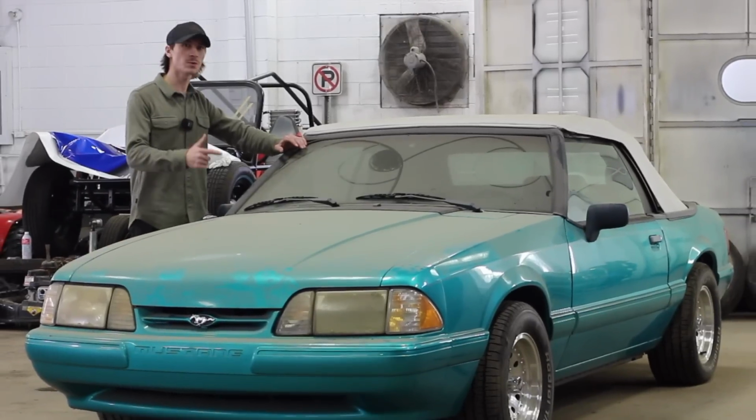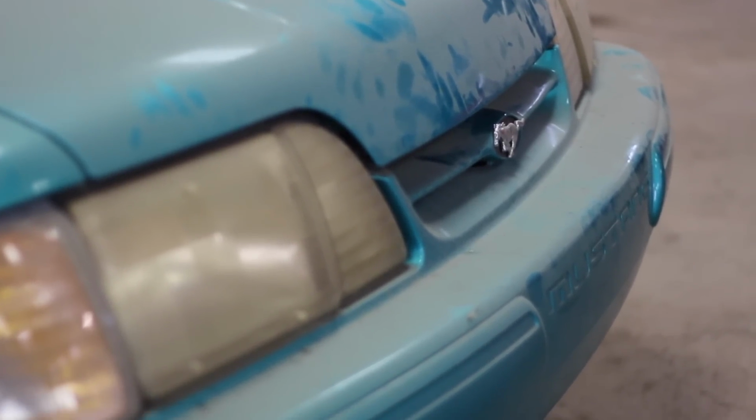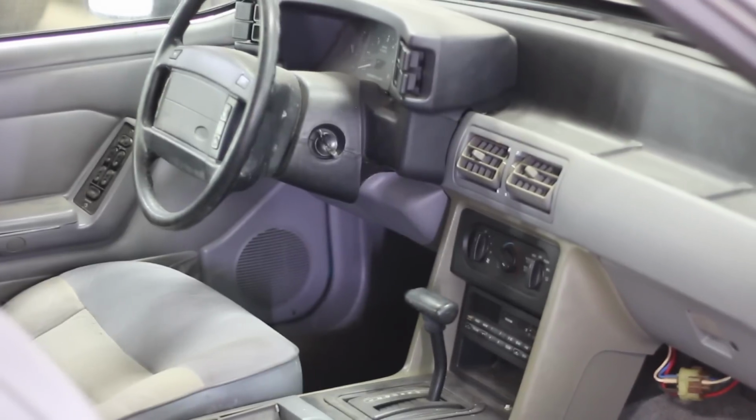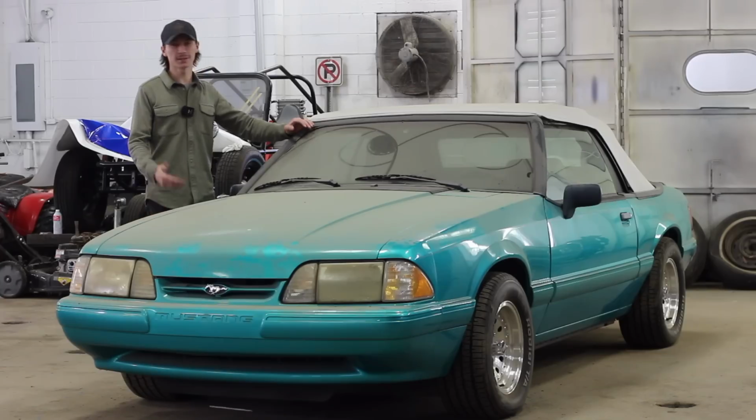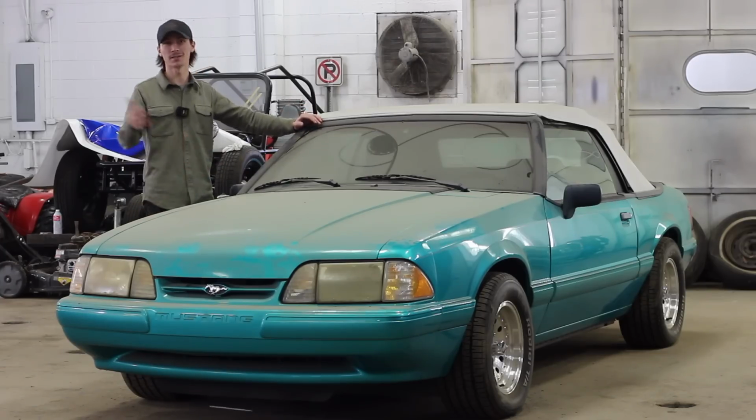Alright guys, so this week we got a Fox body Ford Mustang. This is a 1993. This has been in my shop for the past few years. I've been storing it for my cousin. He got this car when he was 16 from his grandpa. I figured this week I'd clean it up. It's been getting really dirty in the back of my shop there from cleaning all these filthy cars that I